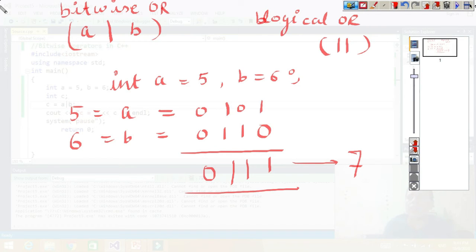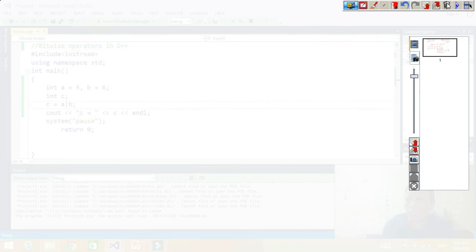Now let's check the last one, that is exclusive OR. First we will check the truth table of XOR, and this is the sign for bitwise exclusive OR.